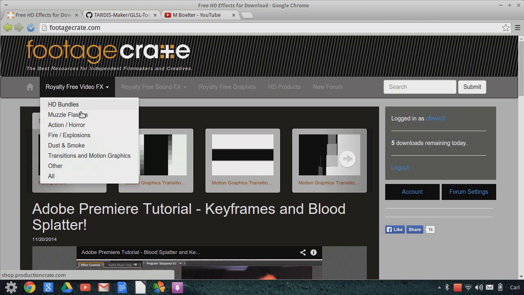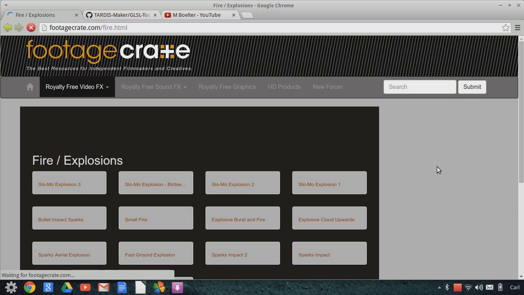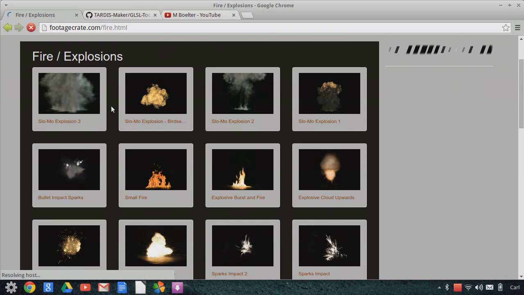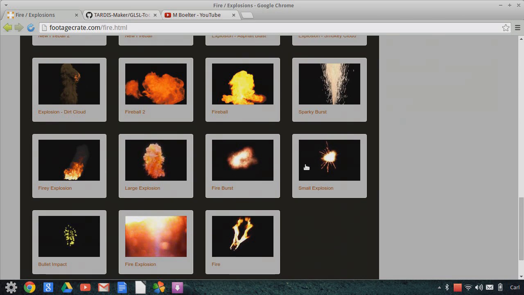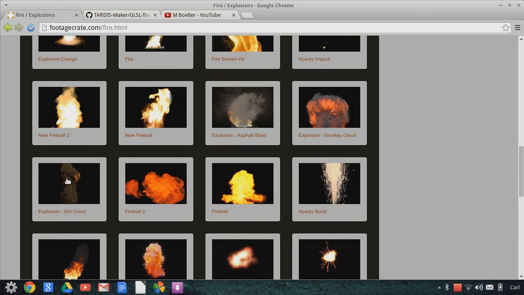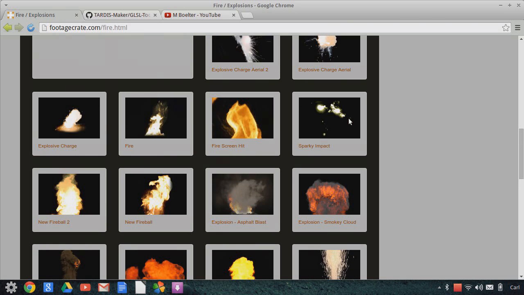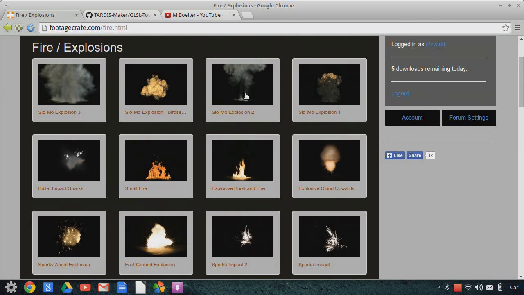So if I click on this, you can see, for example, if I go to fire and explosions, it'll open up a sub-page here, and they give you all of these elements, and these are all high definition, and they are pre-keyed. They already have the alpha key, at least most of them do, those that are applicable, and you can see these explosions. Now my guess is that a lot of these explosions are CG generated explosions, perhaps not in Blender, but on some other platform, like Fume FX or something like that. And they have alpha